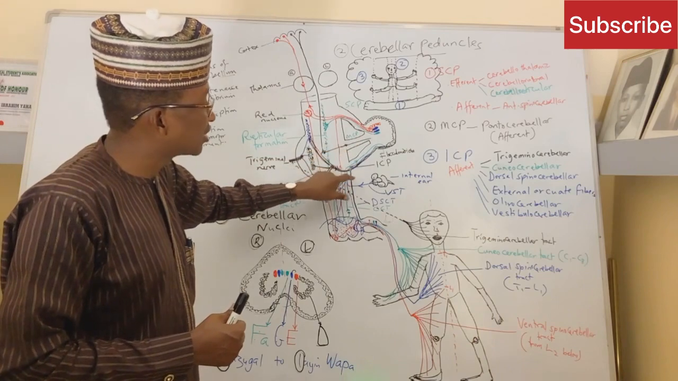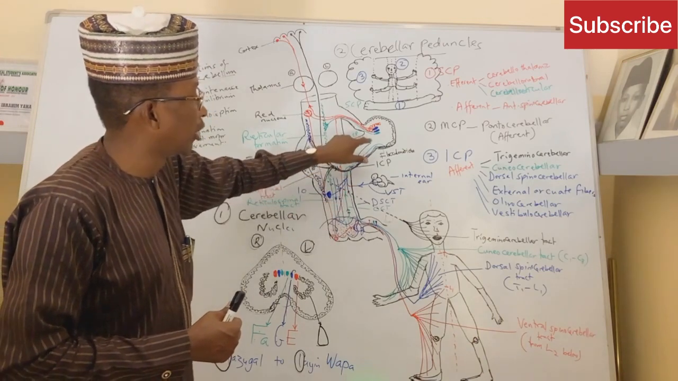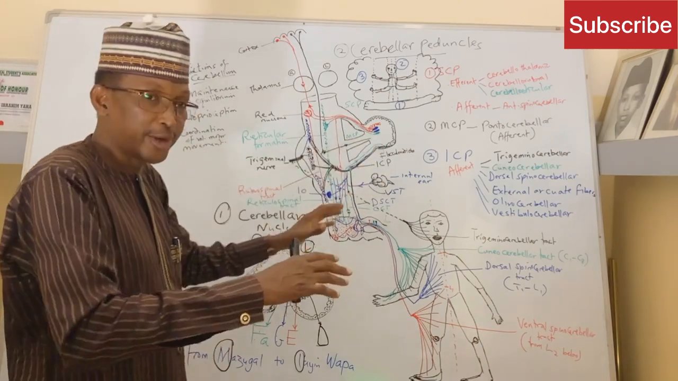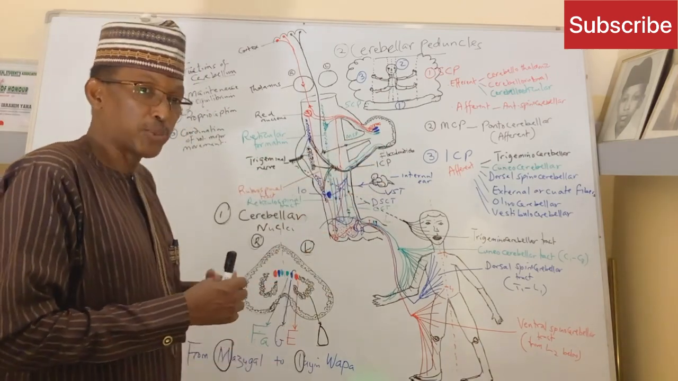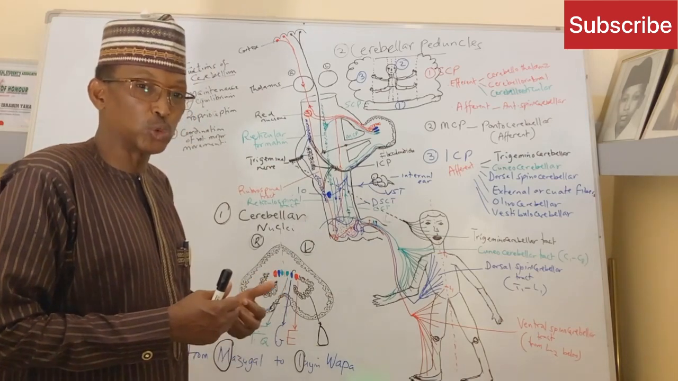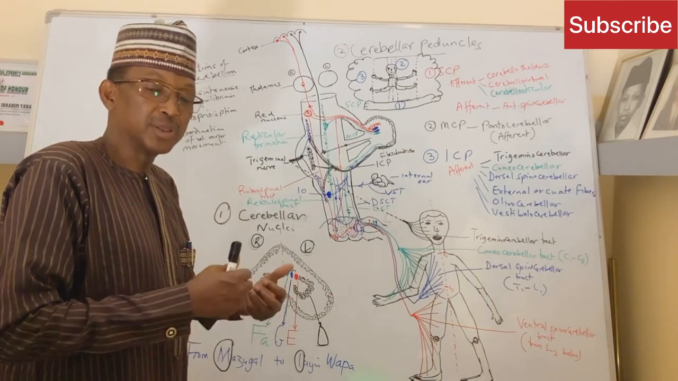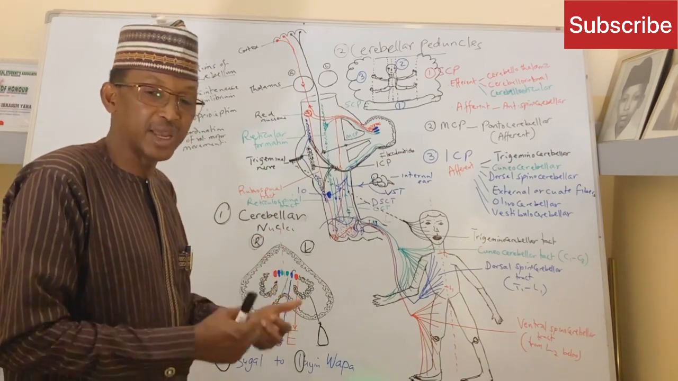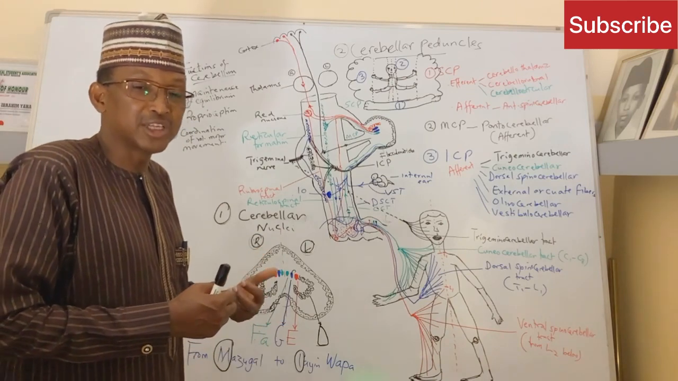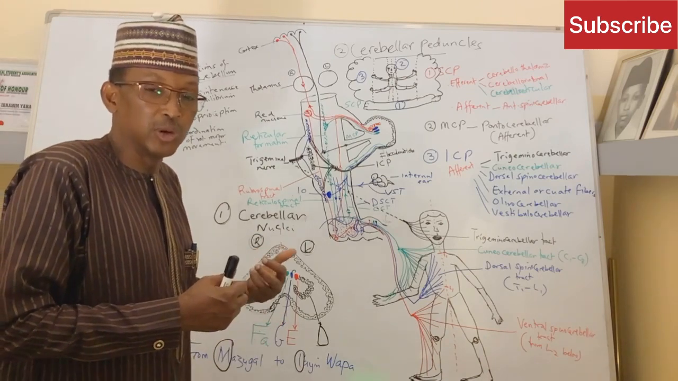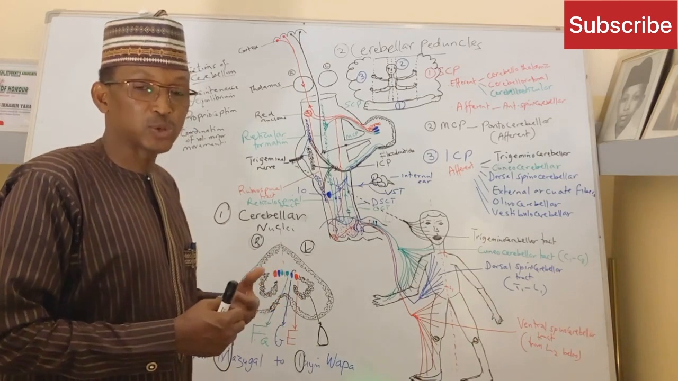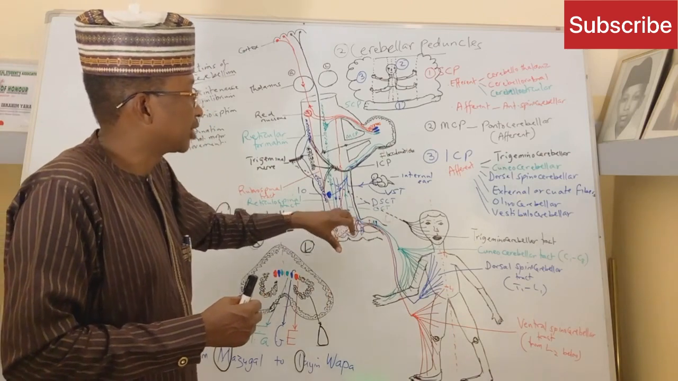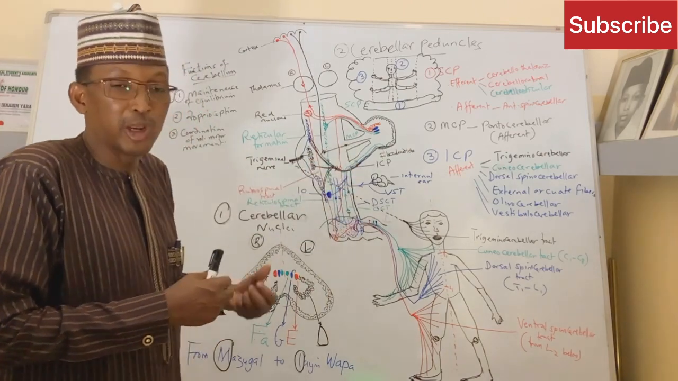Now, information reaches the cerebellum through the inferior cerebellar peduncle from various parts of the body with regard to proprioception. That means the positions of the muscles in space, the positions of our joints in space, and also the muscle spindle, the Golgi tendon organ, as well as the muscle tone. All this information is taken to the cerebellum, so that the cerebellum will now